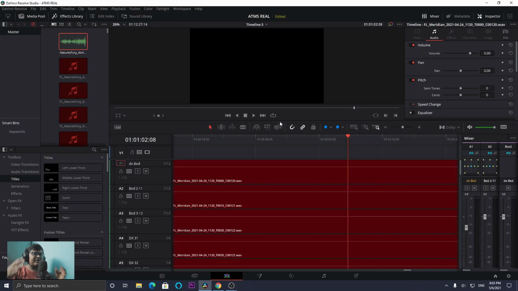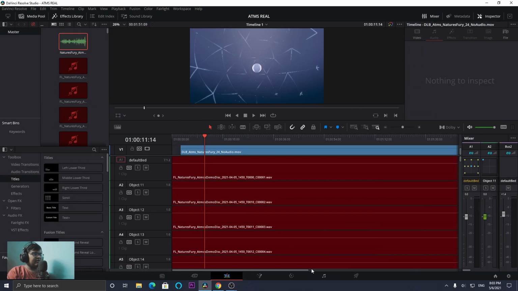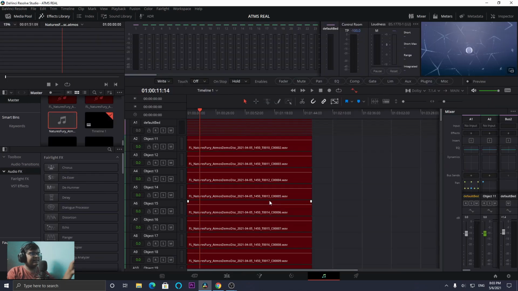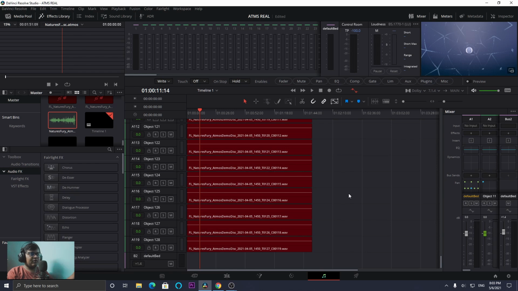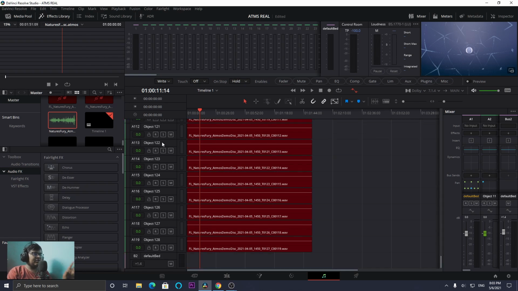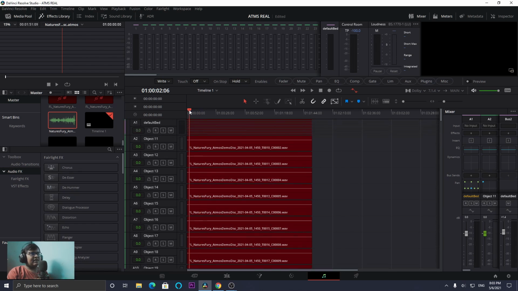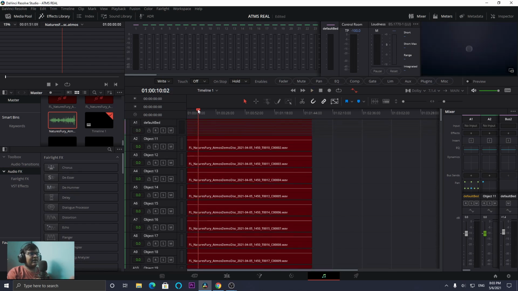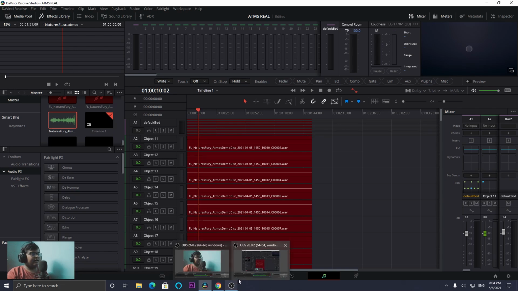The last preset is the Atmos one. You can see it over here. It has a single 7.1.2 bed and then all objects, up to 128 it's saying, but it's 118, because it starts from object 11, so 118 objects. This is how the main Atmos files are. I don't have it playing back now because the CPU is getting bombarded.